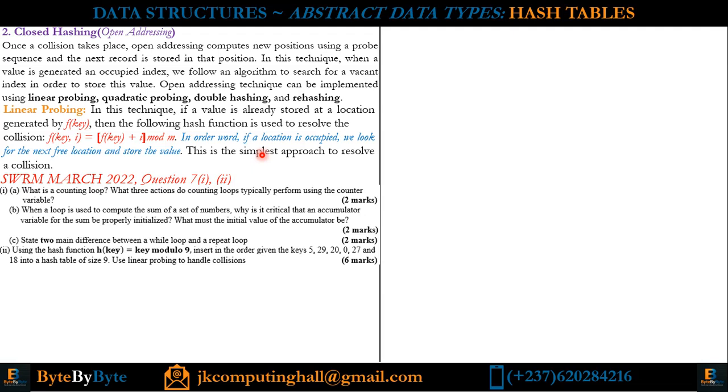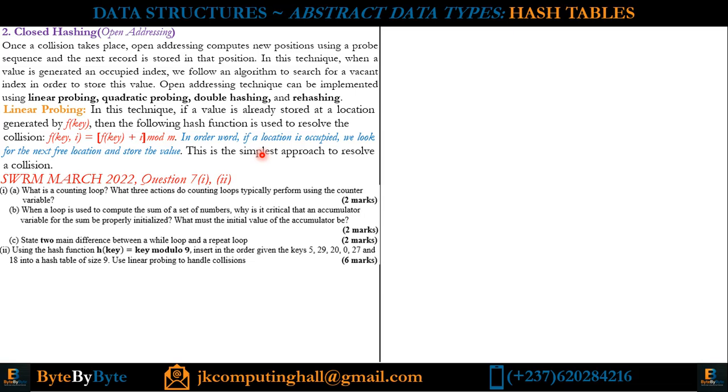Dear students, if you did not watch the videos on the algorithm, I will advise you to go and do so, because it is very detailed and contains everything that you need in order to excel in the chapter for Computer Science Advanced Level 795. The C part says state two main differences between a while loop and a repeat loop. This first part takes 6 marks, and frankly speaking, these questions were all answered under the explanation of the chapter